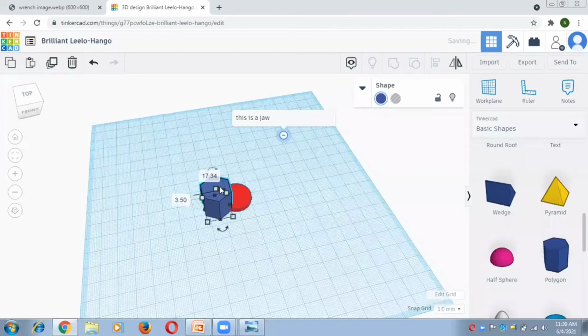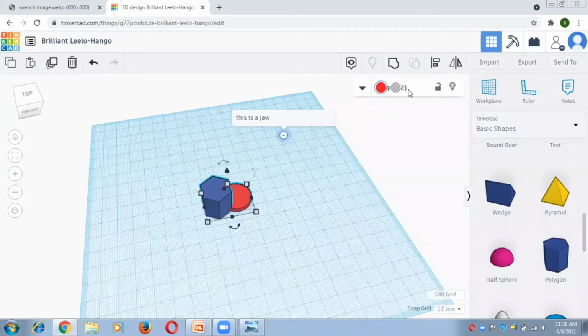like this, right? After that, once again you have to select both the objects and the process is the same. You have to select the first object and just hold your shift key from your keyboard, and then just click on another object, and after that you can click on group, because right now I'm grouping both these objects together. So just click on that and now you can see the result. आप देख सकते हैं यहाँ पर दोनों ग्रुप हो चुके हैं, बट आप इसको हाइड करना चाहते हैं. So for that you have to click on